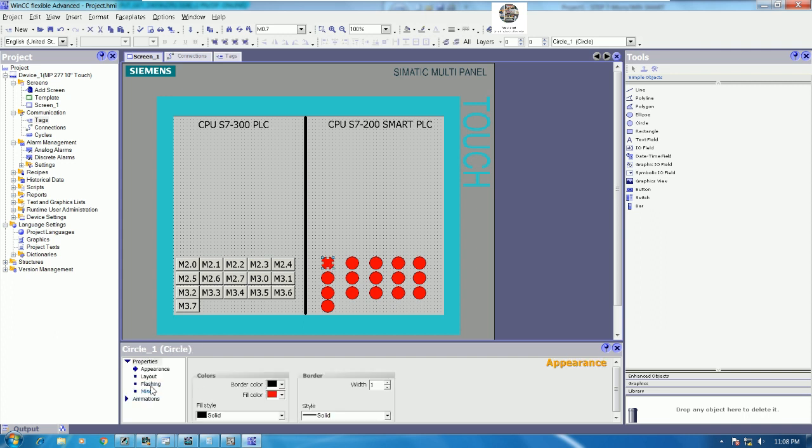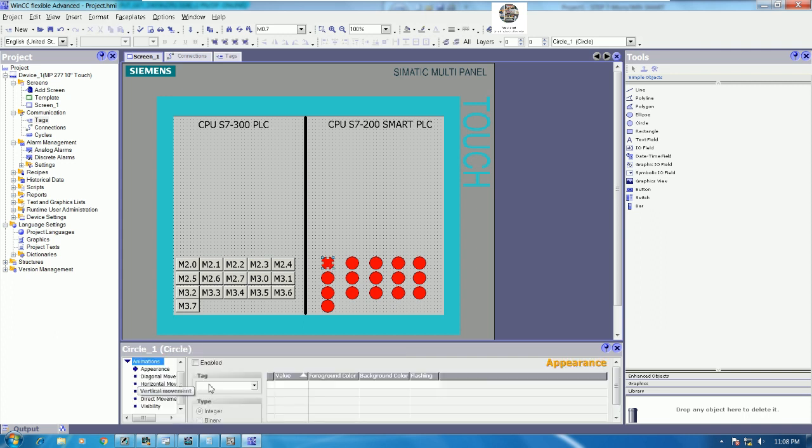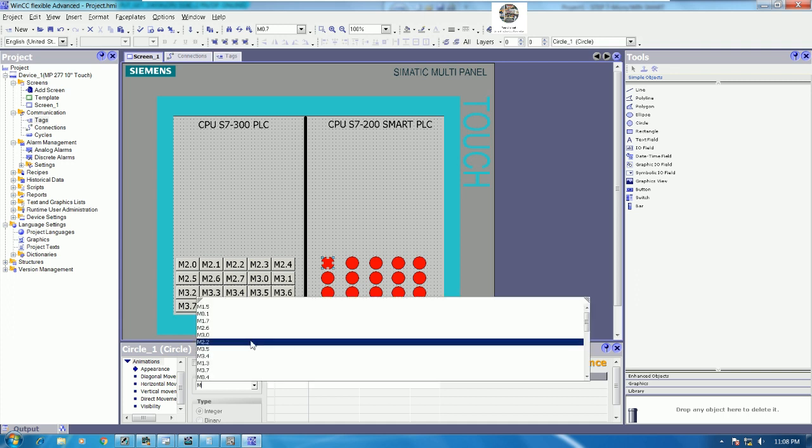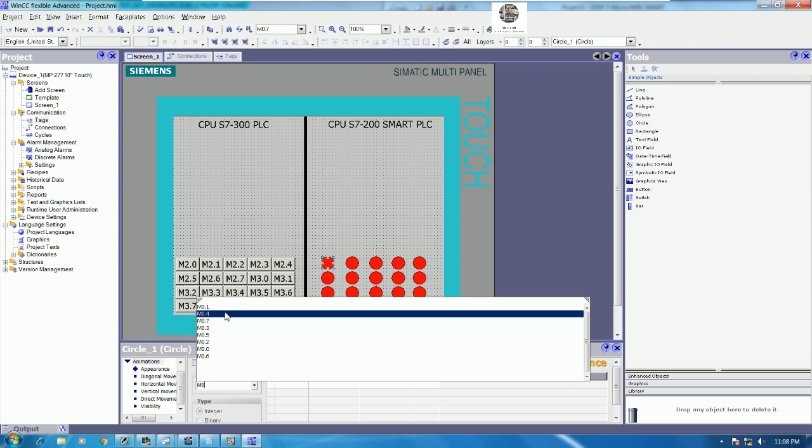So the first one, go to animation and the text, it is M0.0, right? So we can type M0.0